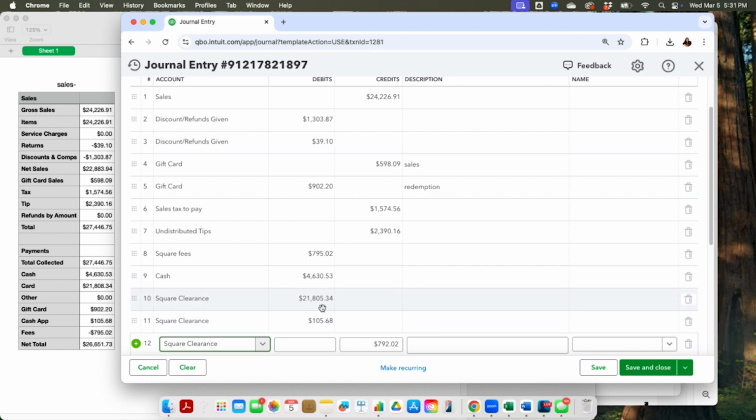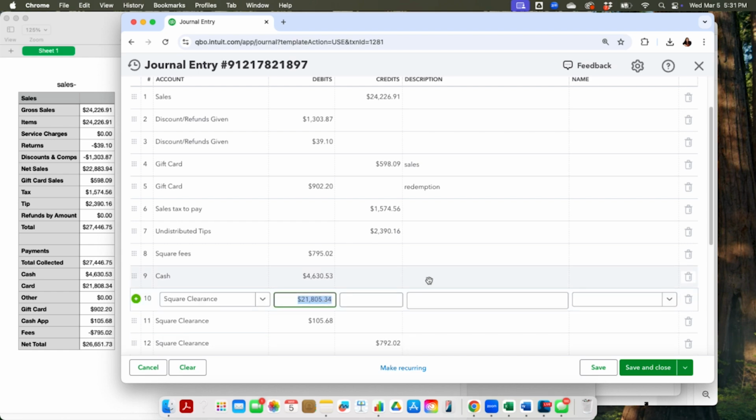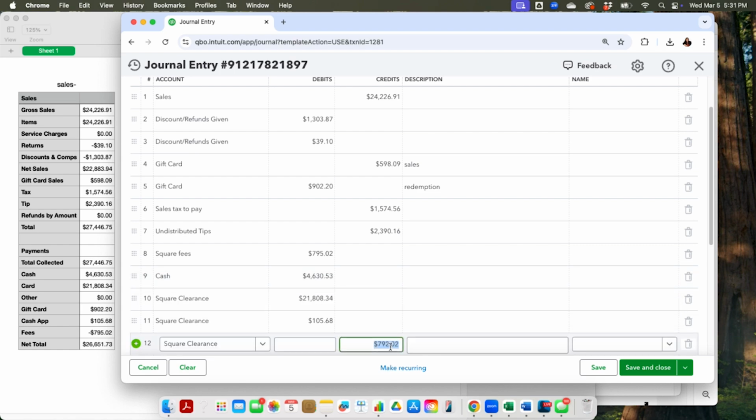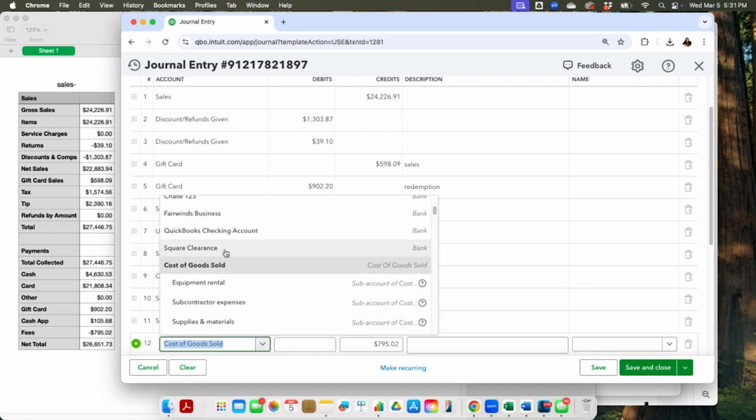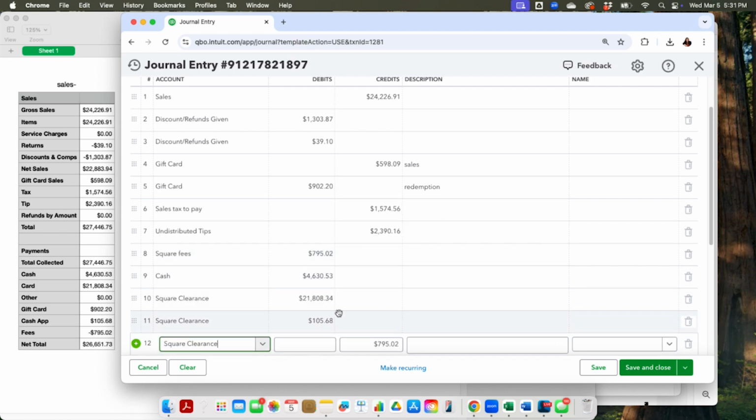Oh, by the way, this is the wrong number. Okay, it's 21,808.34. Sorry. This is the plug-in. This is adjustment, okay? There is a part where there are some adjustments here, and the adjustment should be whatever is left. And whatever is left is usually because it doesn't clear until the following month or so. Maybe Square is holding on. You can also put this onto deferred revenue or something like that. All right, okay. But then once again, the following month, this should be reversed,